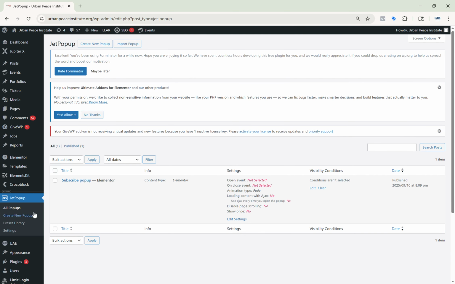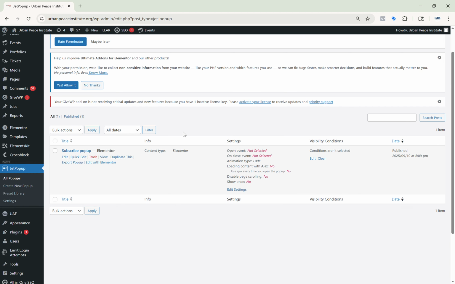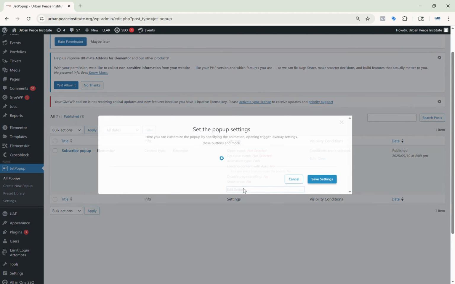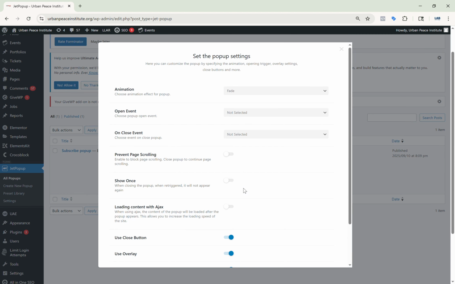So now once you're out to the main screen where you go to all pop-ups, here's the one that we were just looking at. So you'll see the details for the pop-up, but this is the main part of it too. Important part is the settings. So this is going to determine where the pop-up displays, when it displays, how it displays, all that good stuff. So if you wanted to, standard is just to fade in, you can have it move up, all the different options. Open event, so once the page loads, or if someone tries exiting the page, or if they click, I don't know, anything like that,